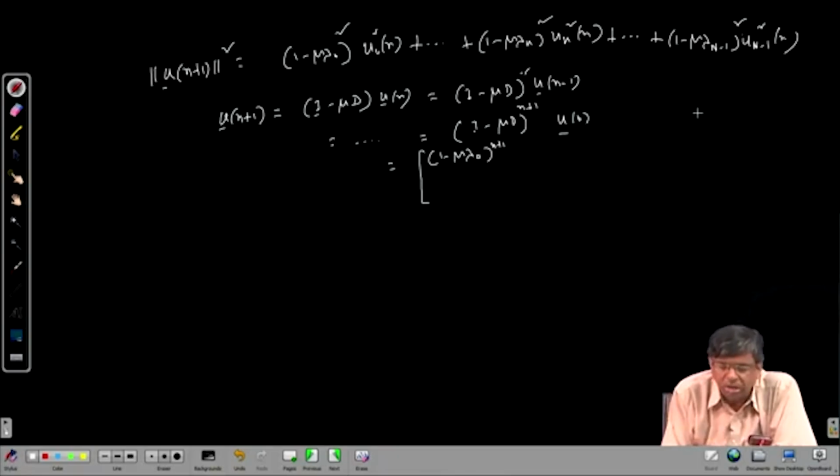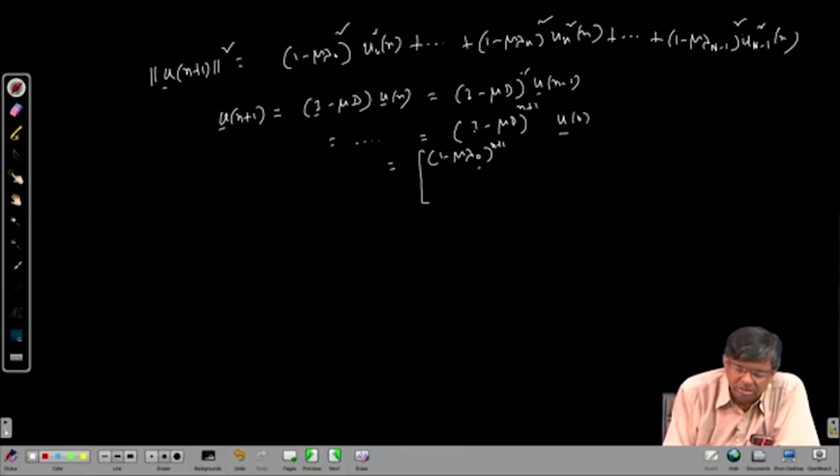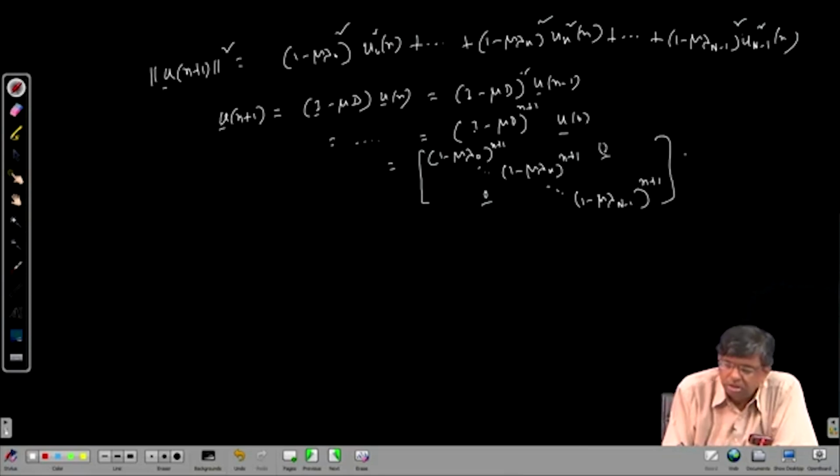Look, we are going on multiplying (I − μD), (I − μD), (I − μD), all diagonal, it will be this. Then (1 − μλk) whole to the power n plus 1, and so on, times u0. So, now like this we can write